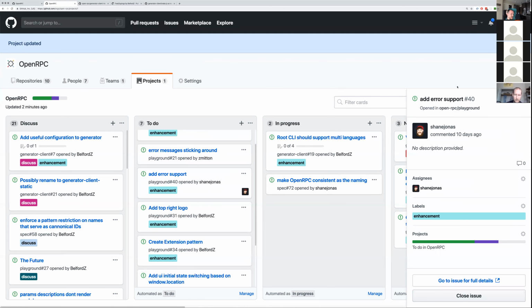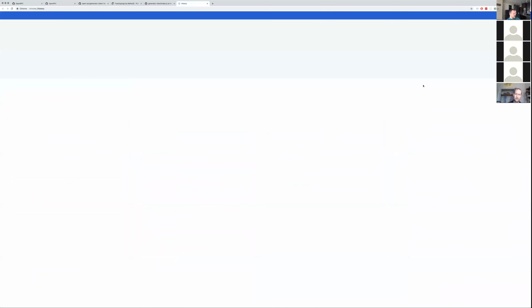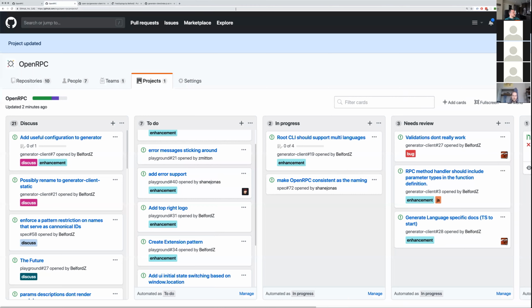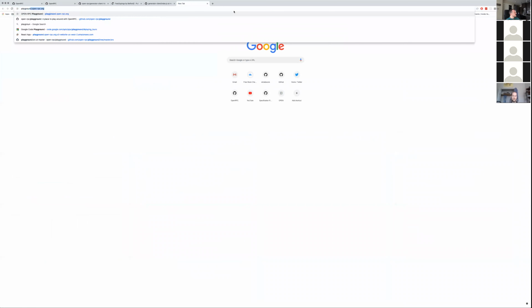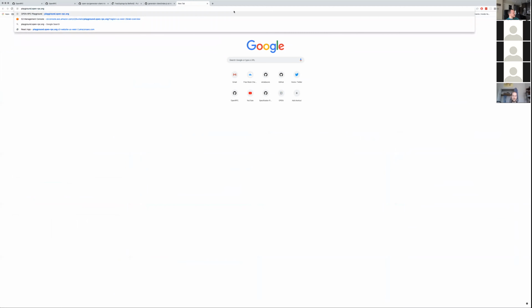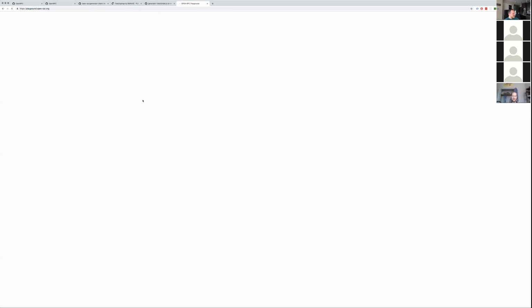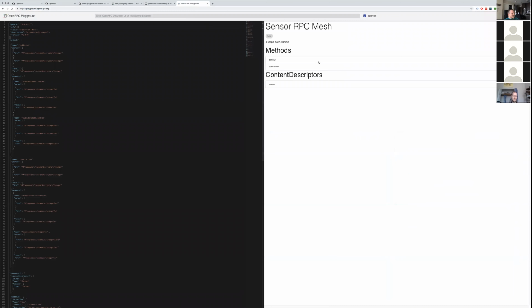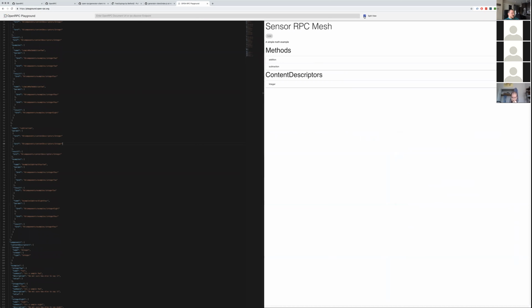Add error support to Playground. So Playground, if you don't know, is this. Okay, so this is the Playground. It's where you can start putting together your spec file. This is the Monaco editor, and in the future we're probably going to call it the docs Playground,